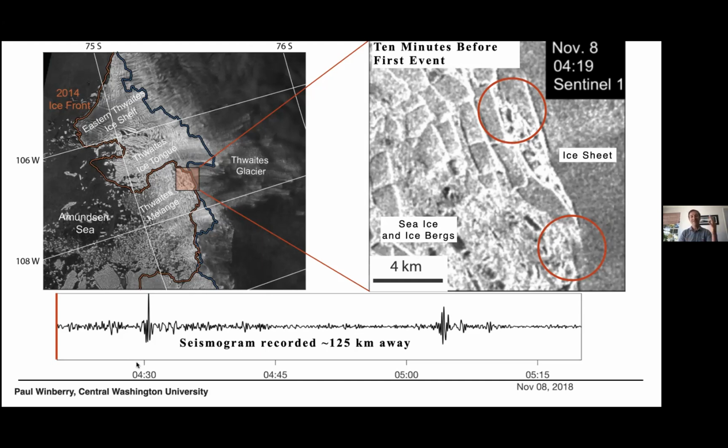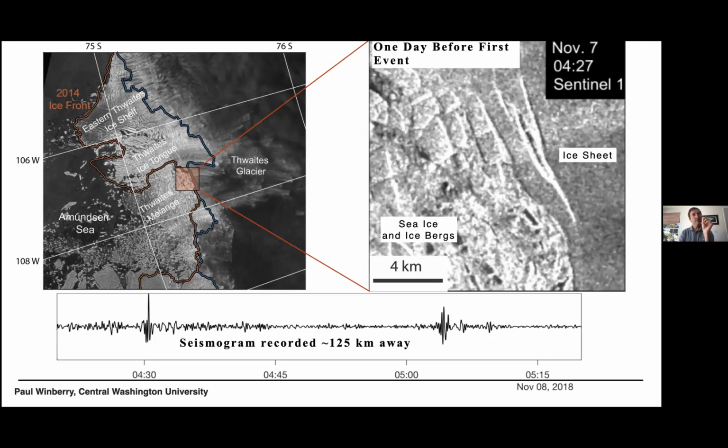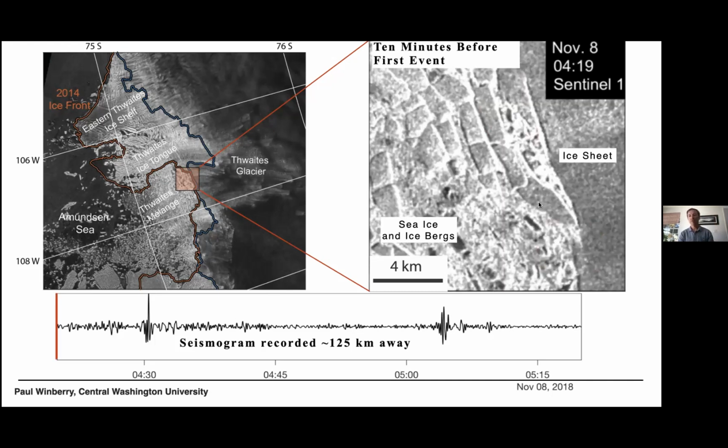what we can see is that a calving event has started. We still haven't seen our first seismic event. And remember, what we talked about is what has happened so far in the first 10 minutes of this calving event: we have basically generated tabular icebergs. So that's what these things here are. They haven't flipped over, but then if we look at these red dots, we got really lucky and we have